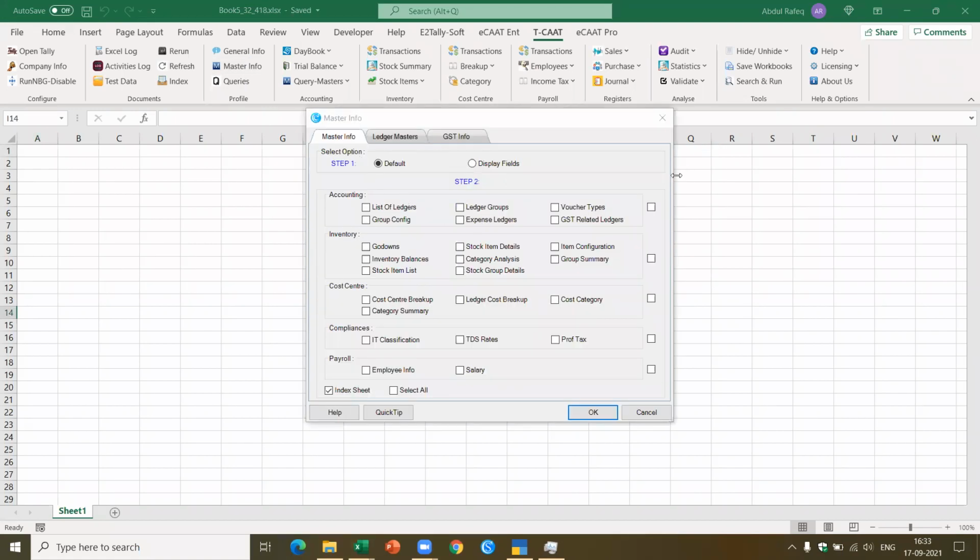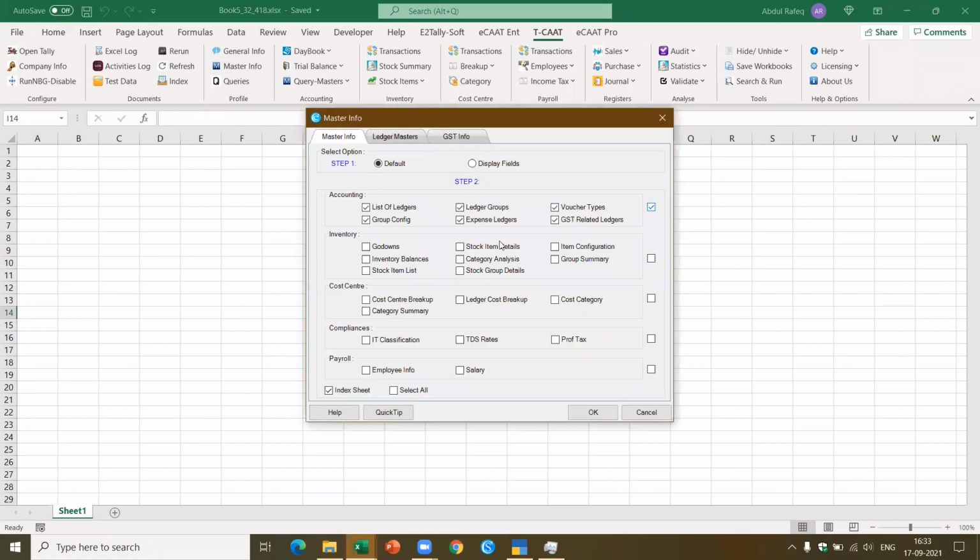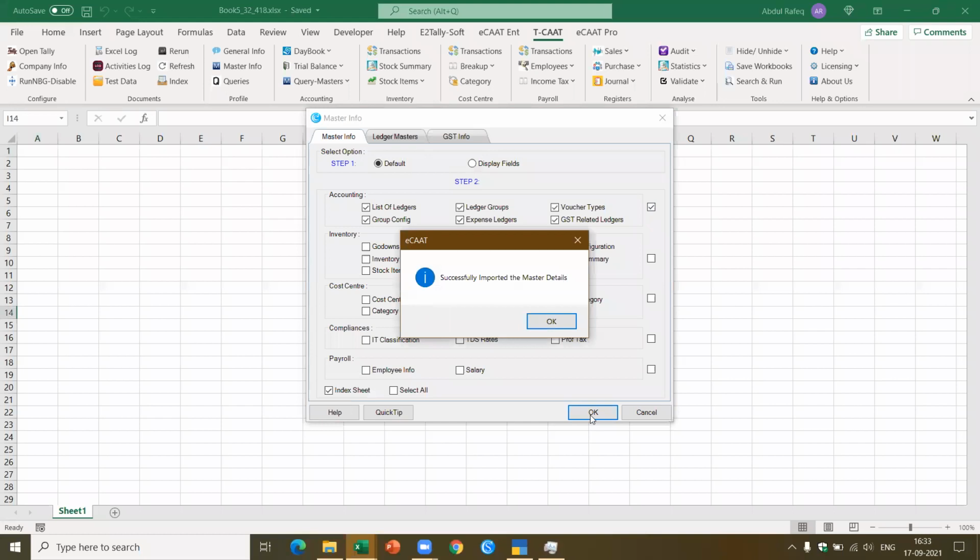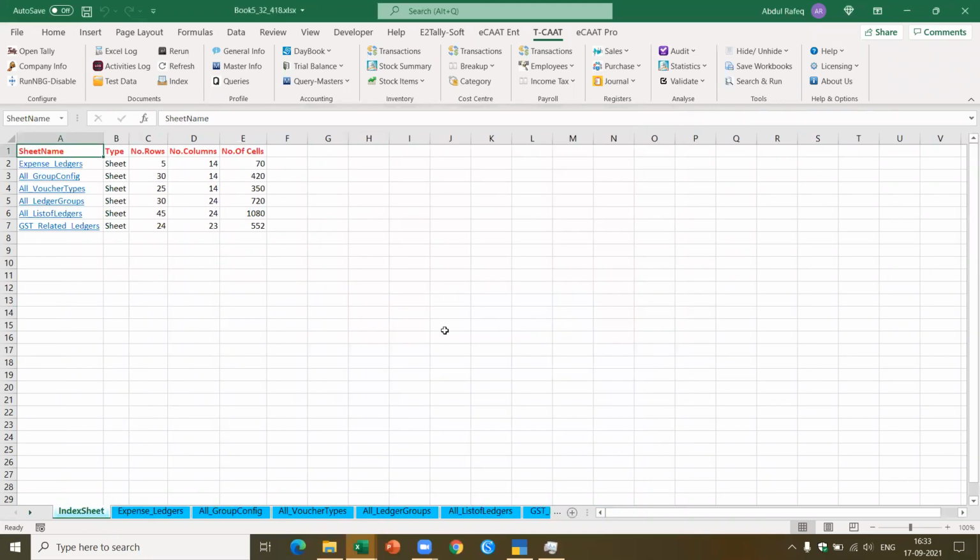Now I'll show you some of the features using this particular company, which got limited data, so it will be much faster. I got this data pertaining to the list of ledgers. Now when I click on this, you just see how fast it is. With the limited data, I get this data. If the company has got even 20,000 records or 50,000 records, you can get it. The only question is it's going to take a little more time.